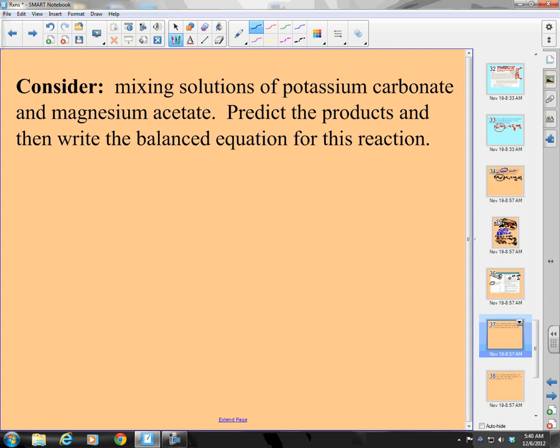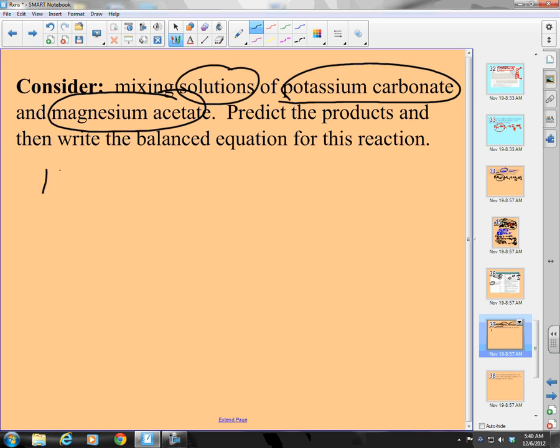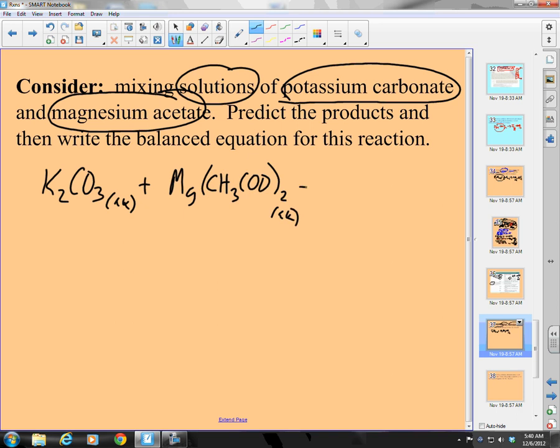Okay, so what do I have? I have potassium carbonate and magnesium acetate. They are both solutions. Okay, potassium carbonate, and it's a solution, aqueous, plus magnesium acetate. Boy, I hope I memorized all my polyatomics. I hope you did too. Good. And what's going to happen? This is going to go and